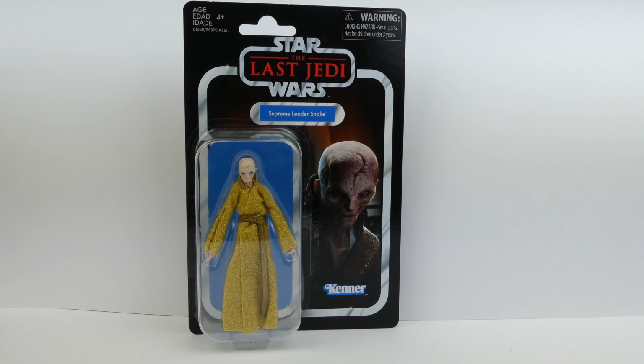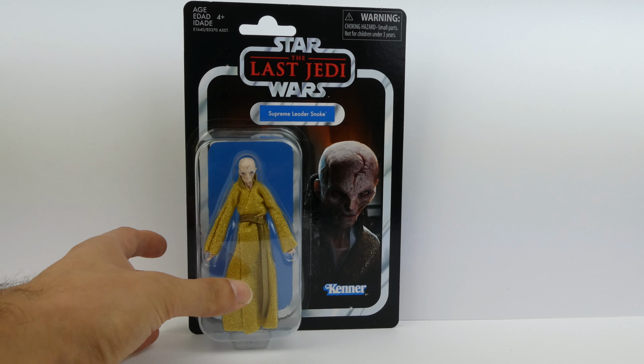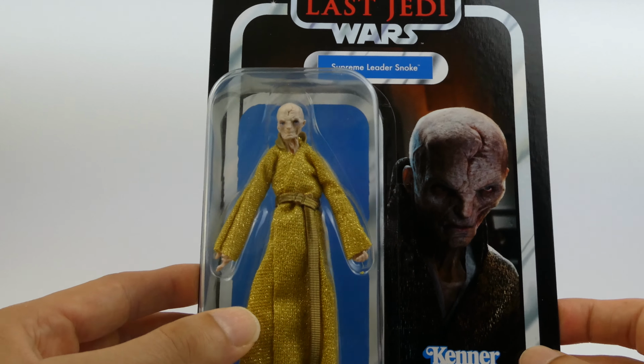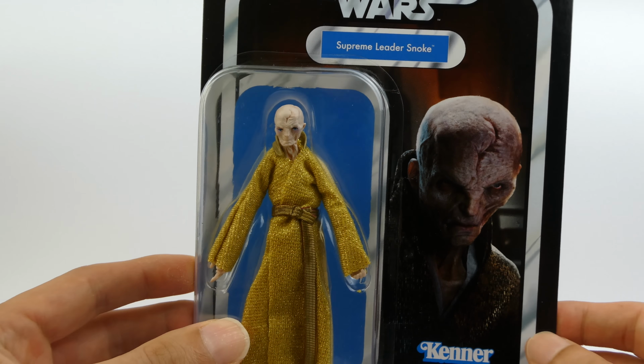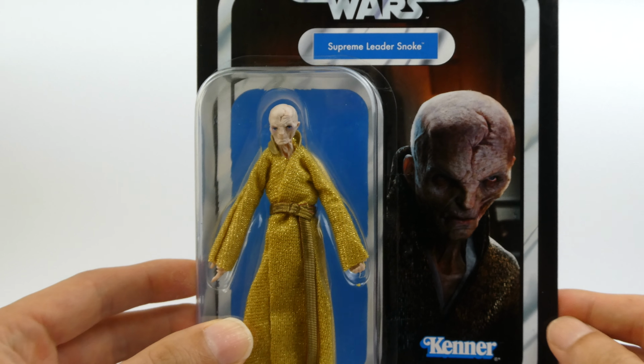Star Wars The Last Jedi Vintage Collection Supreme Leader Snoke. Now, I think if I saw this character when I was a kid, I would have been really scared. This guy, to me, is more scary and menacing than Emperor Palpatine or Vader ever was. He was one ugly, scary dude. And it's represented really well